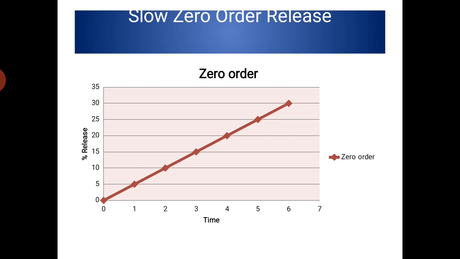So the zero order release is good for developing a controlled drug delivery system. At the same time, it is not good for any drug molecule with a higher half-life, because it takes longer to attain the steady state concentration. Whereas in the case of a drug molecule with a low half-life, it is very good to go with a slow zero order release pattern. Whereas for a drug molecule with a higher half-life, it's not fair to go with slow zero order release systems.